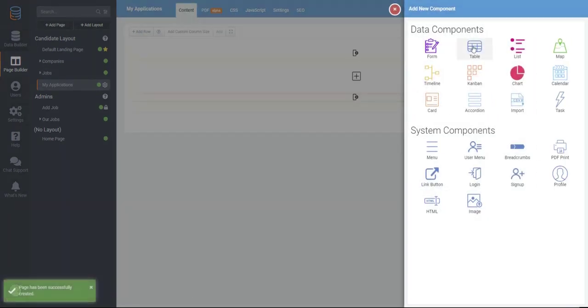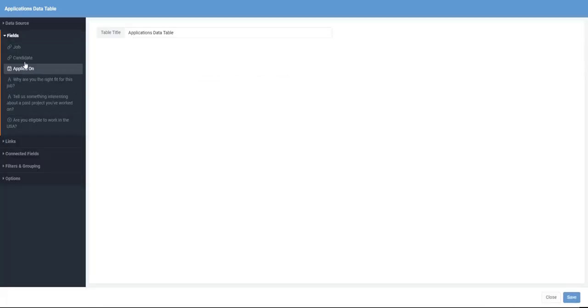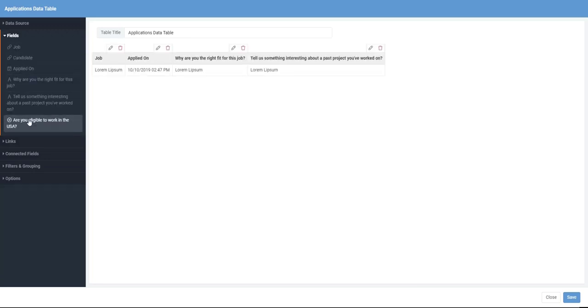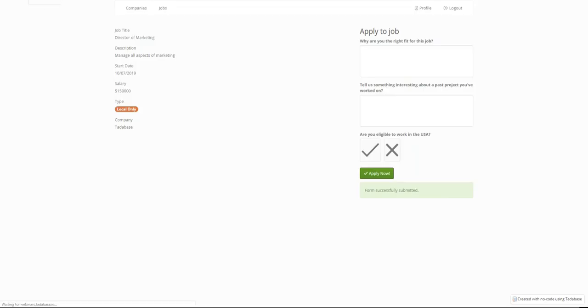Let's click Save. And then here we're going to add a table, and we're going to say all the records connected to the logged in user. We want to see all the applications that belong to this logged in user. And it's going to be this job applied and all the questions that he's answered. Let's go ahead and save that. And now if we refresh our page,